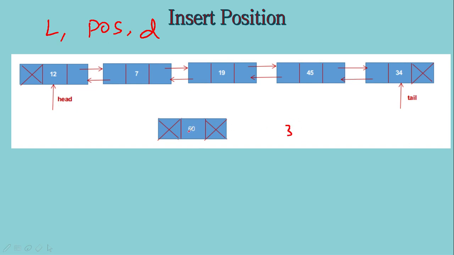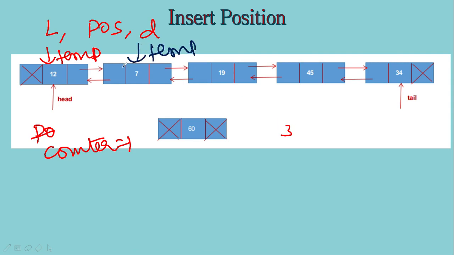We have to create the node, put the data in the data part, and then we have to create a temporary pointer, let it point to the first node, and let us have a counter equal to 1. We have to move temp to the node at position -1. We'll be using this counter to keep track of the node at the position. Each time we move temp, we will increment the counter. In this example, we have considered position 3, so the loop will stop when temp reaches this particular node, and then we have to make the necessary changes in the links so that the new node gets attached at position 3.